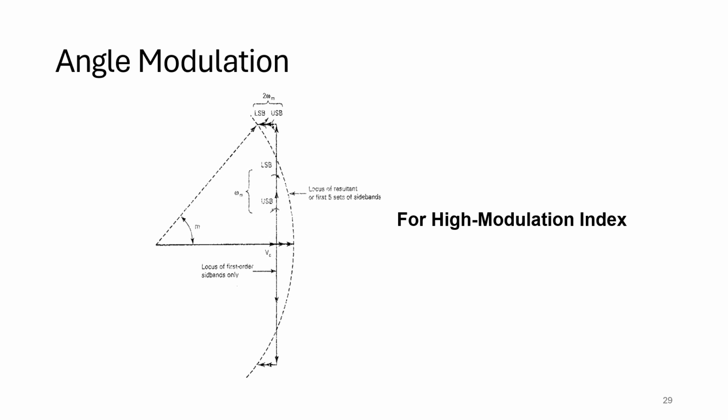So for high modulation index, the resultant vector is the sum of the carrier component and the significant side frequencies, with their magnitudes adjusted according to the Bessel table. Each side frequency is shifted an additional 90 degrees from the preceding one. The locus of the resultant 5-component approximation is curved and closely follows the signal locus.